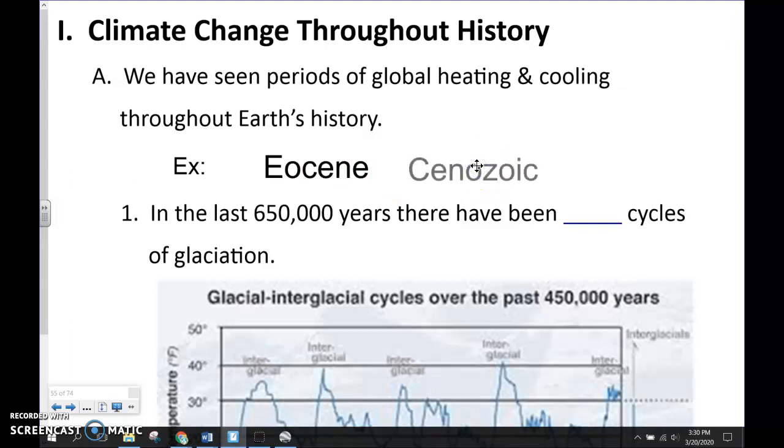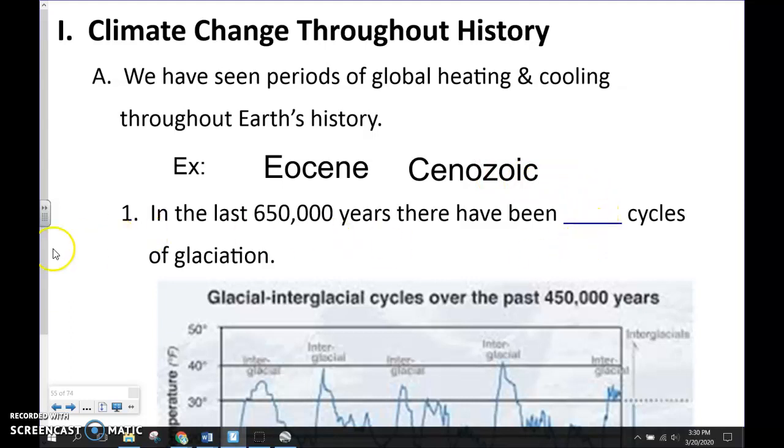Now, currently, the period we are in is the second Cenozoic period. This is actually the ending of a recent ice age. Now, ice ages can last a couple million, even tens of millions of years. We have 5 ice ages in Earth's history that we know of, that we have labeled. They are a couple hundred million years apart in time. So right now we are currently ending our most recent one.